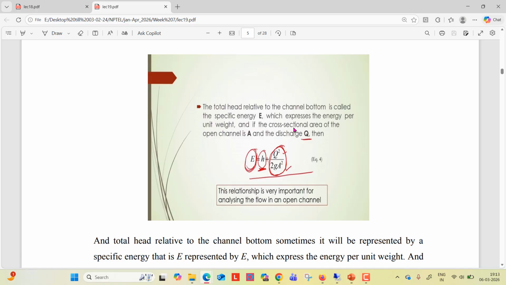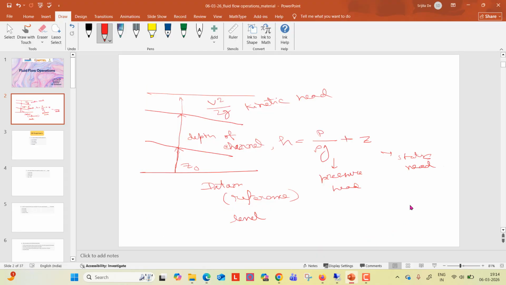And if the cross-sectional area of the open channel is A and the discharge Q, then this relation happens. So when we consider the total energy head,